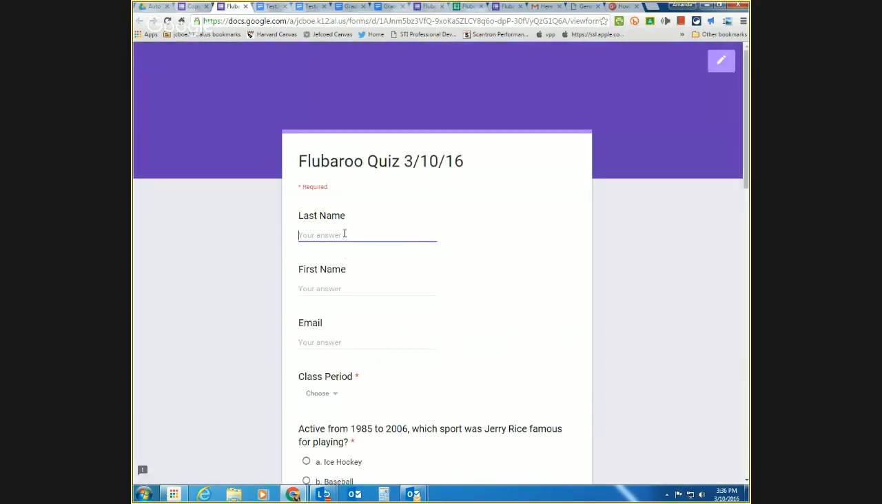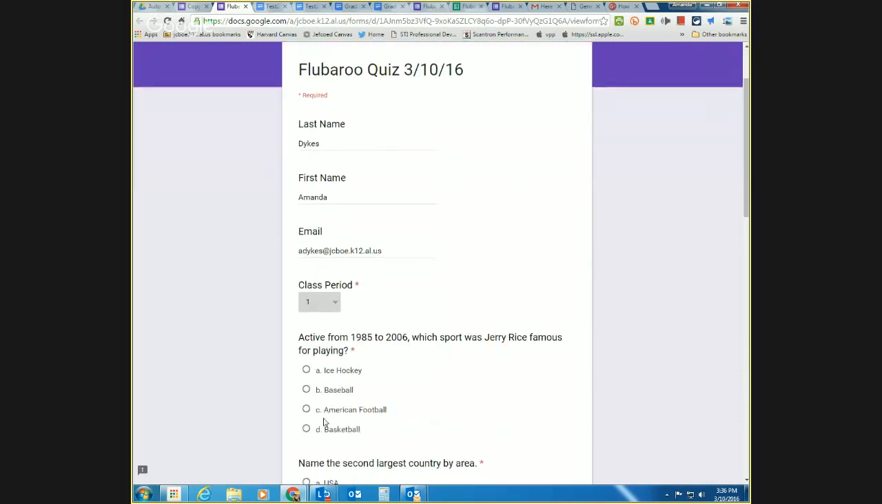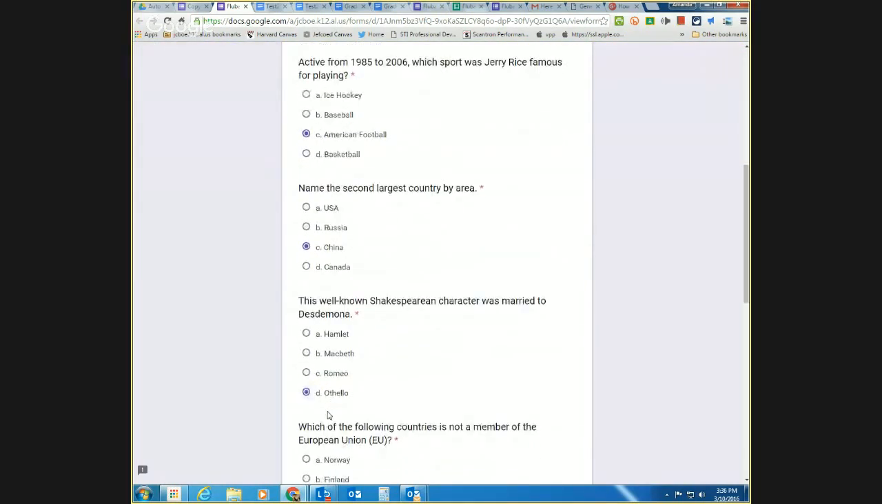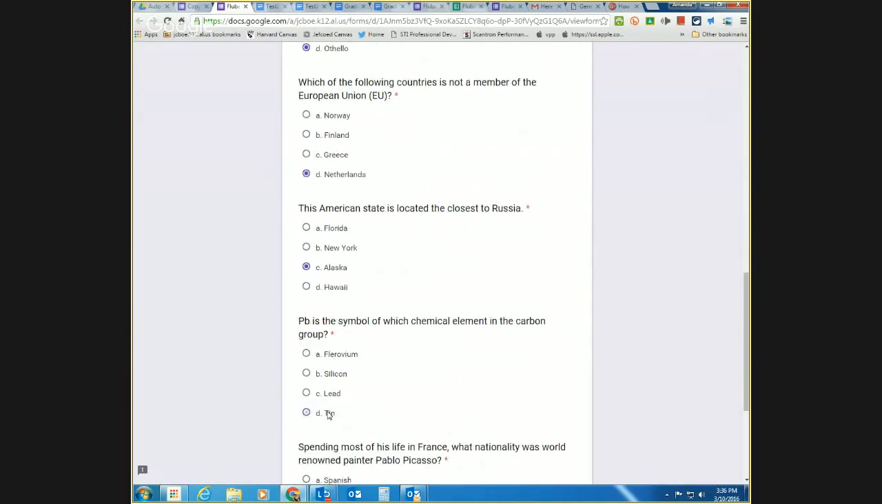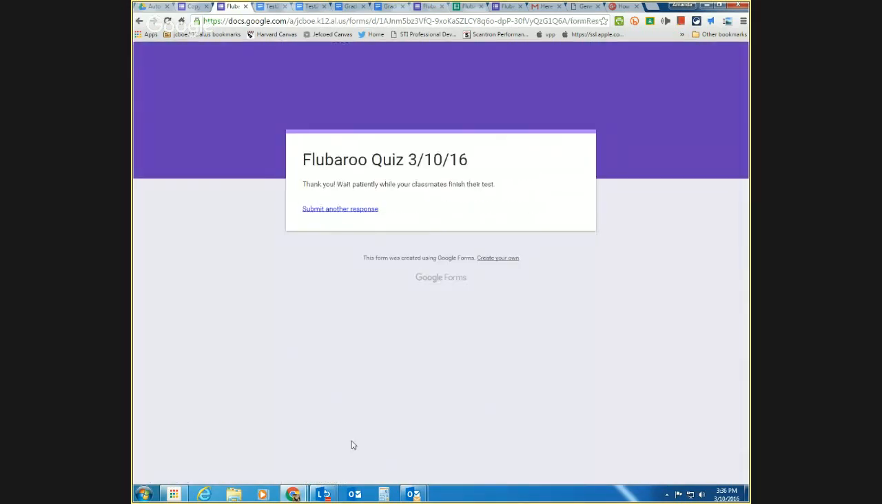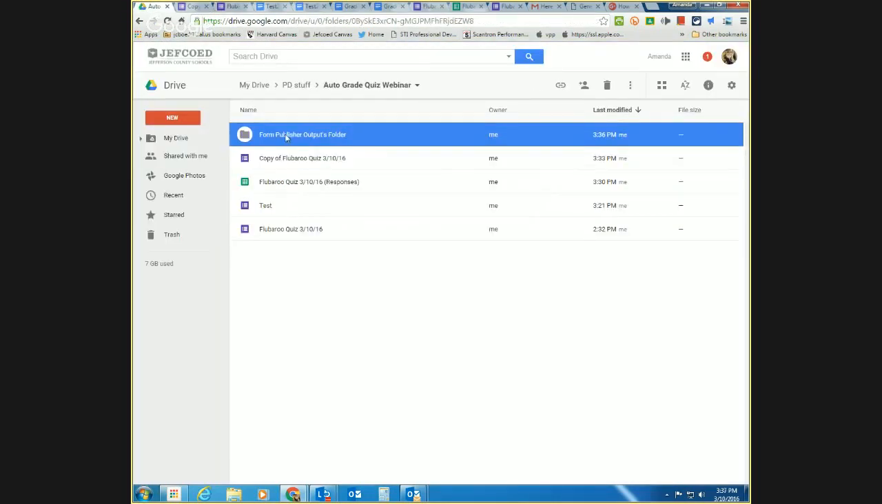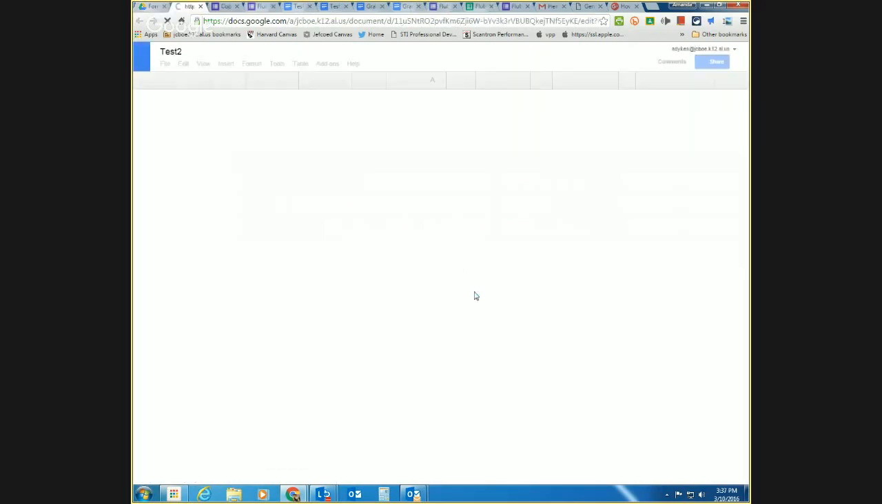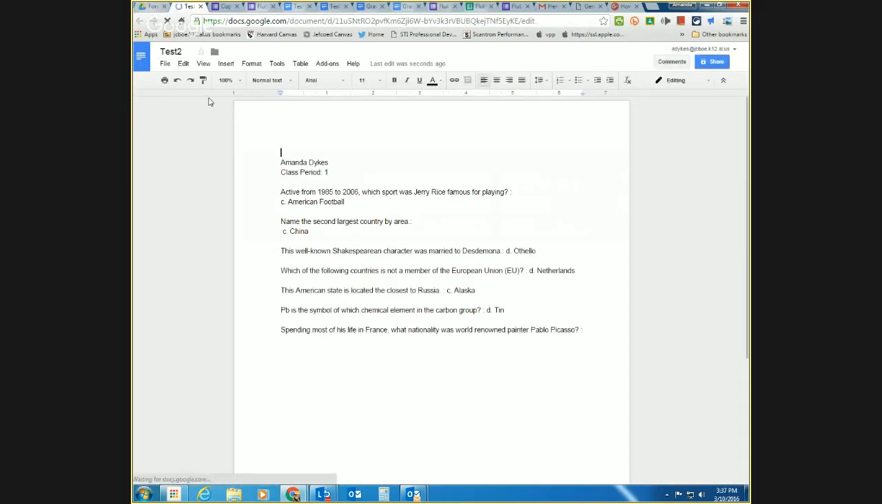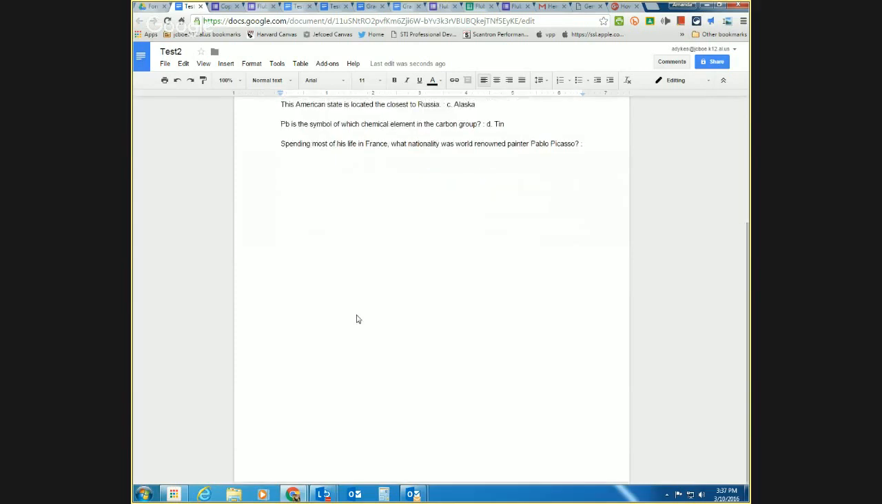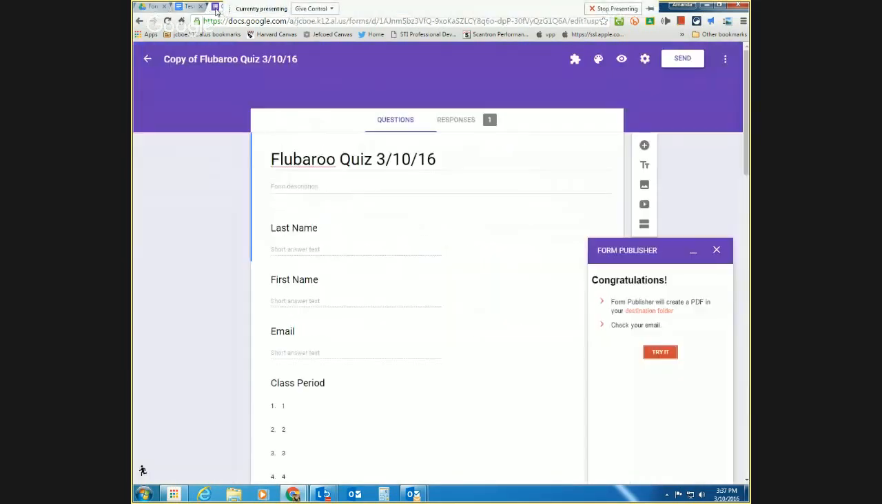So I'm going to try it. I'll just call it my own name. Just first period. Just going to choose some. Another one. All right, submit. And so what has happened is that I now have this Form Publisher output folder, and Test 2. It has my name. I don't know why it didn't put it, because I didn't capitalize last name, but it puts all of my things. And then in the spreadsheet over here where the responses are,